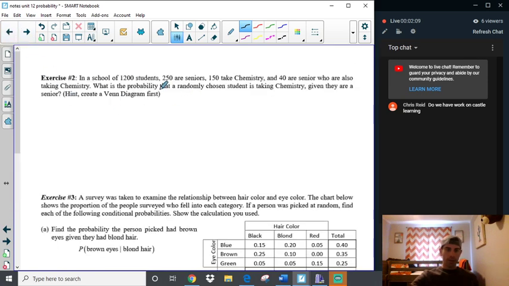So if I look at exercise 2 here in the notes, not the homework yet, in a school of 1,200 students, 250 are seniors, 150 take chemistry, and 40 are seniors who are also taking chemistry. What is the probability that a randomly chosen student is taking chemistry given that they are a senior? So if I was going to write that, it's going to be probability that a student